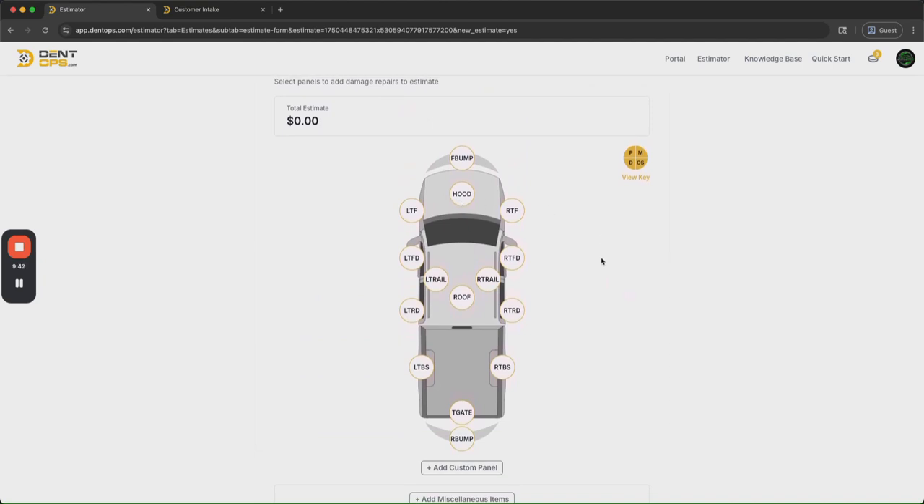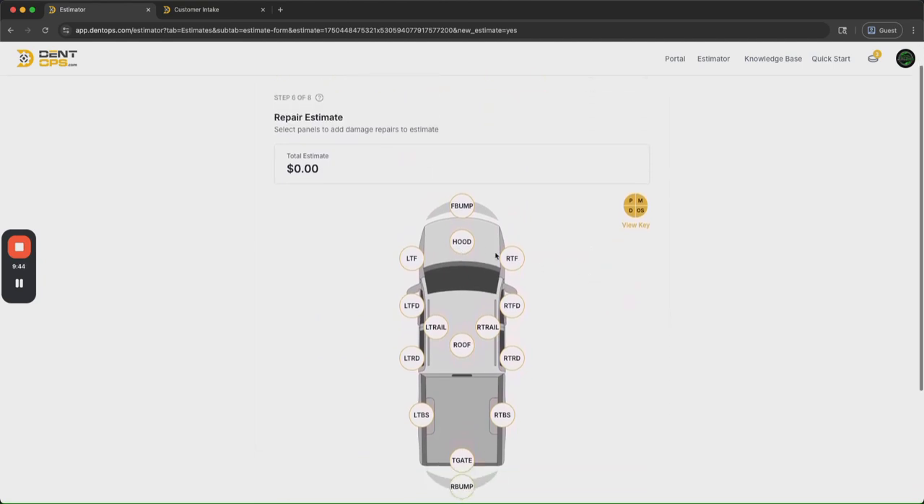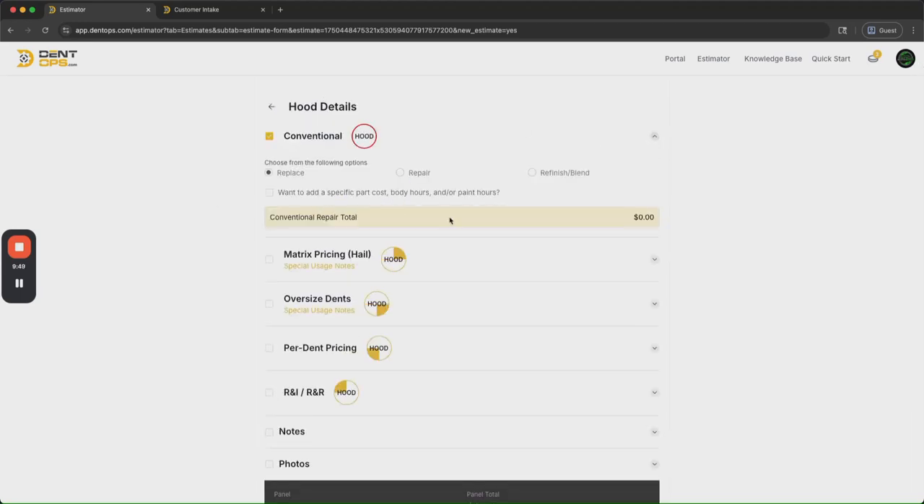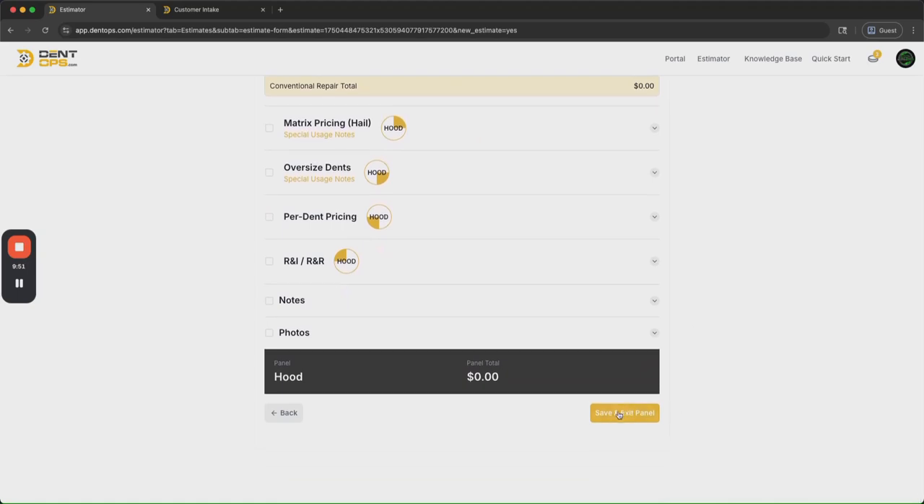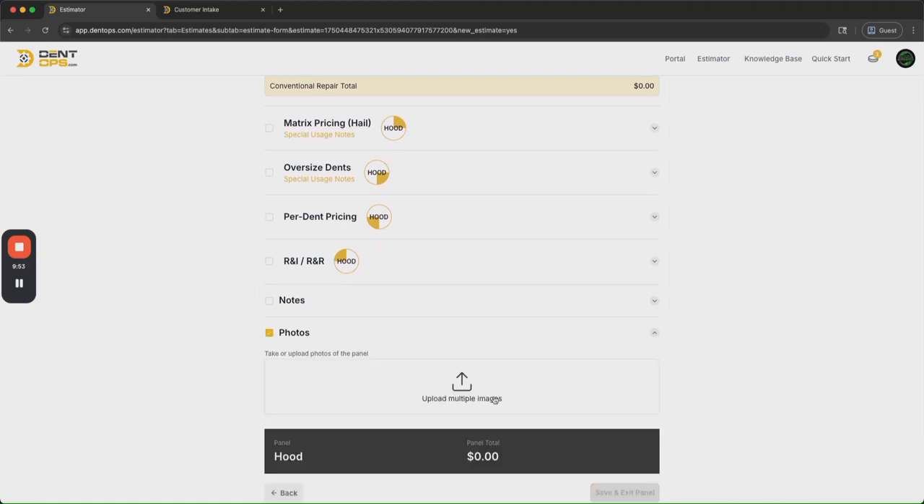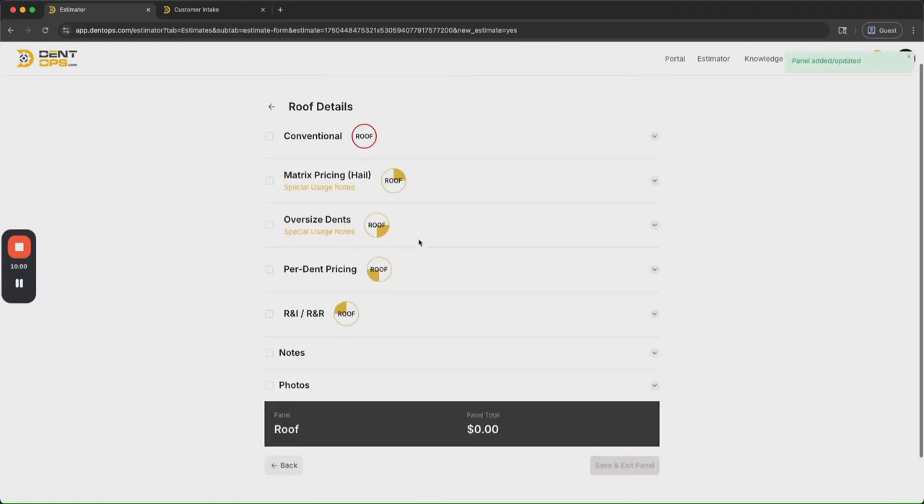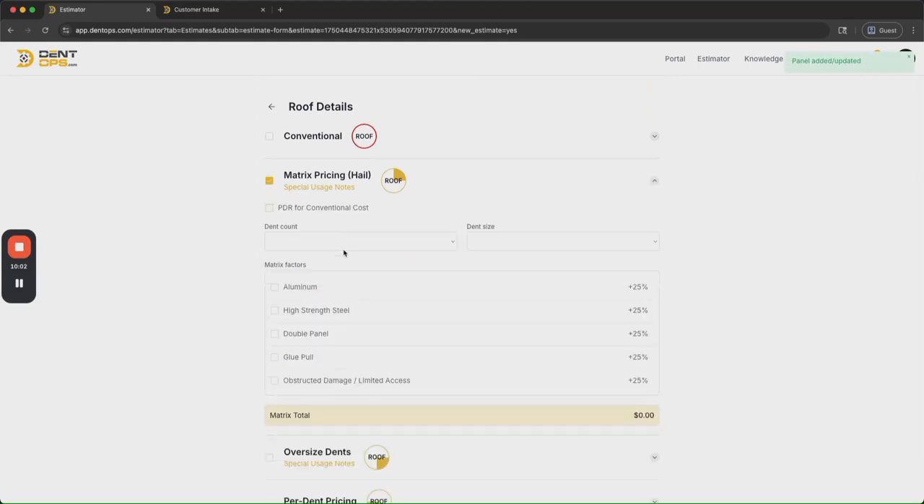So I am not going to go into every single panel, but let's just say on the hood, for example, we might say that this thing, we need to replace it. So we're just going to mark it for replace. I could add photos to it if I wanted to right here, which would tag these photos as hood photos. Okay, so the hood needs replacement, but let's say the roof, we can either say PDR for conventional cost, which just tells the Dent Ops team we need to find the conventional cost and then we need to convert it over into a single PDR line